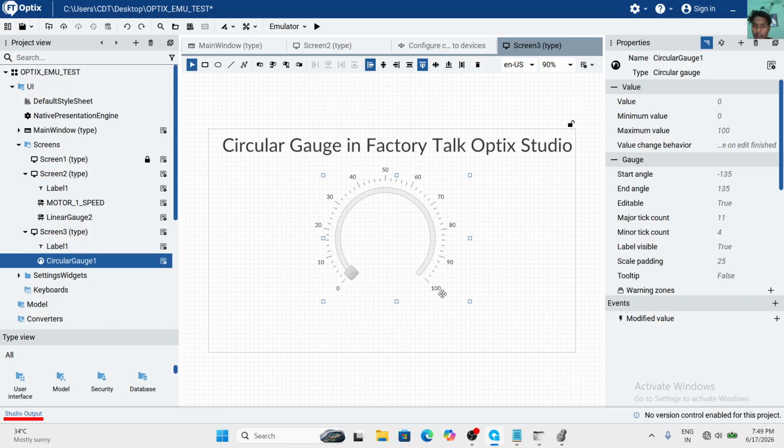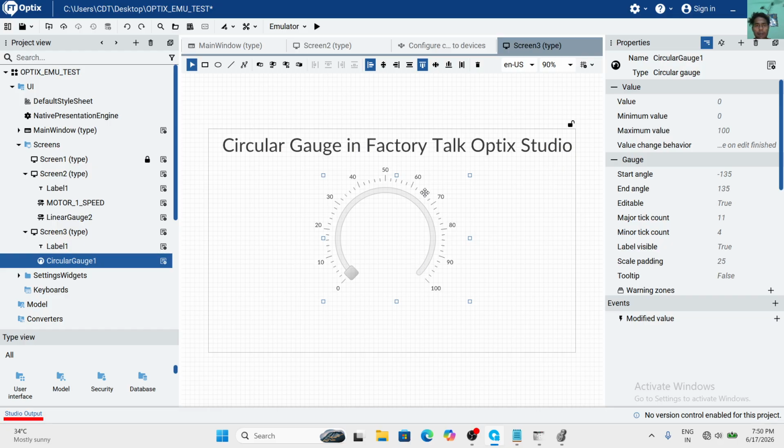From 0 to 100, it is just like a circle shape. This is the 0 point, the starting point, and this is the 100 point, the ending point.